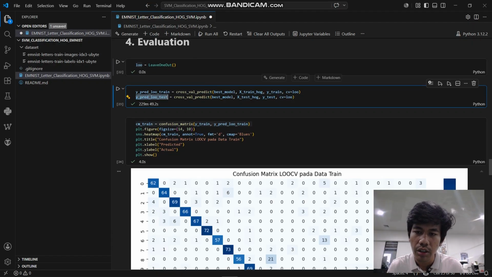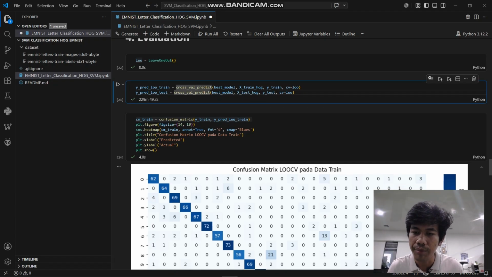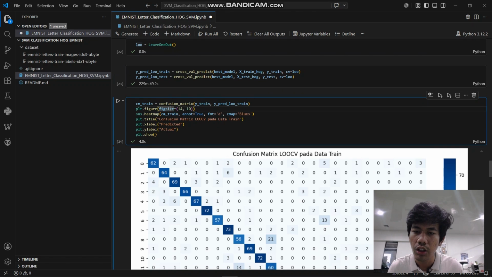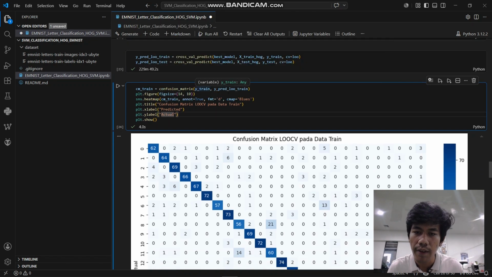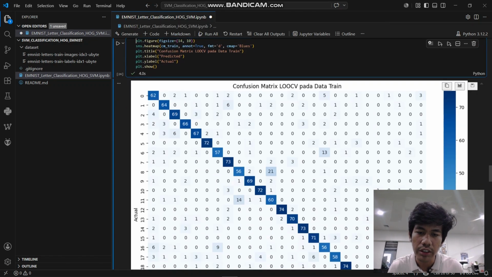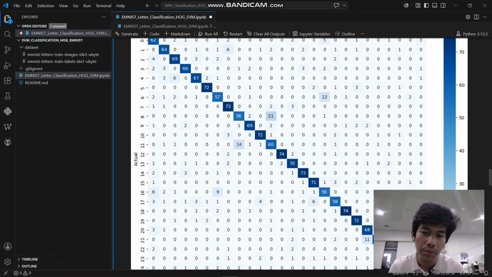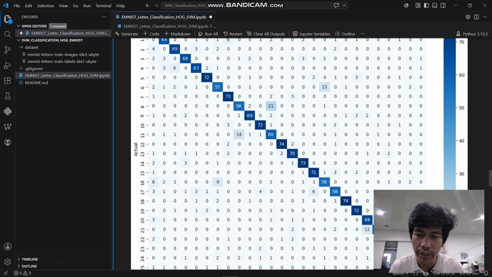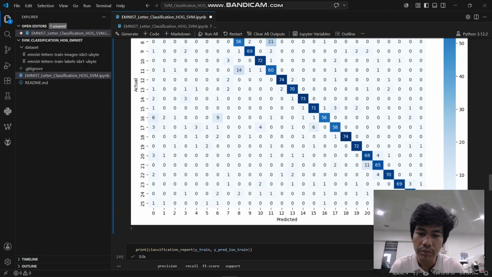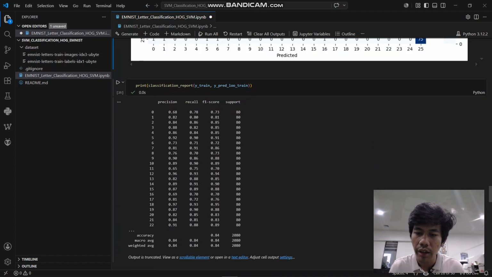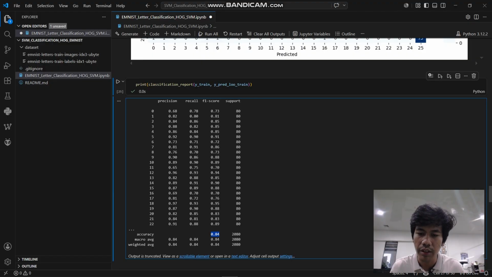After this process finishes, this process takes a long time, we can plot the confusion matrix from the train. As you can see, maybe there are some errors, like this prediction and also this, and the accuracy is about 84%, and I think it's good.